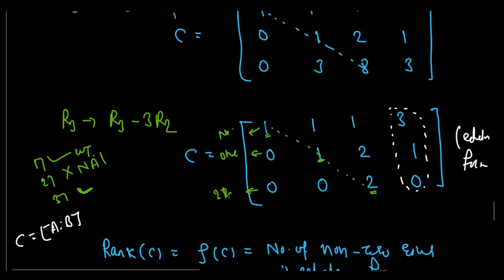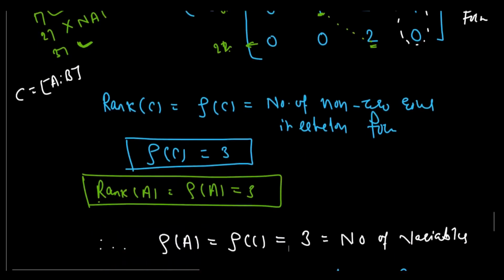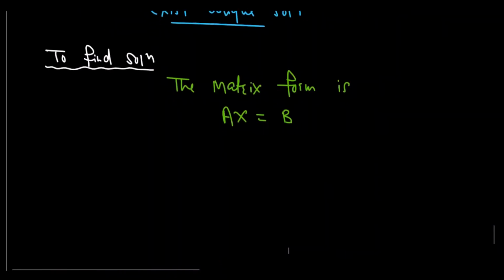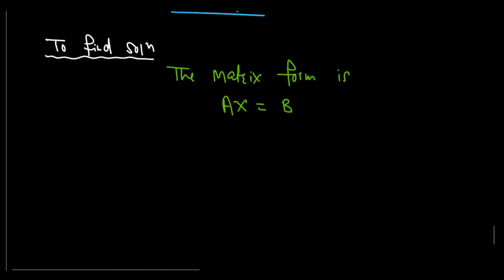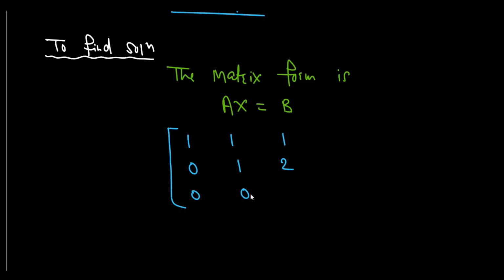If you observe this, first there is the value for the A matrix and then the value for the B matrix. So we put A equal to this 3 by 3 matrix and B equal to this column matrix. The value of matrix A is 1 1 1, 0 1 2, 0 0 2. That is the value for matrix A.